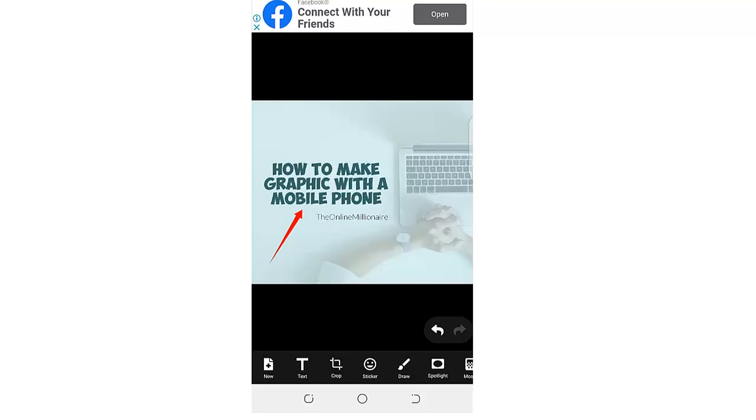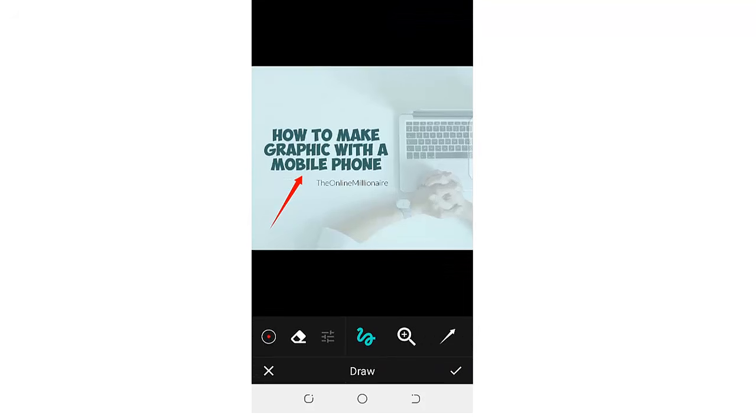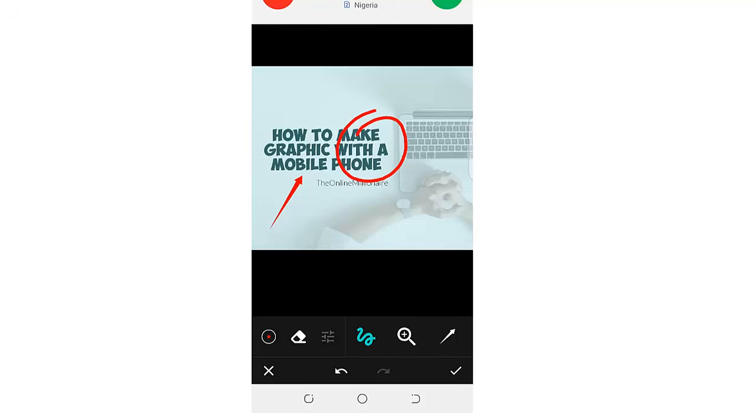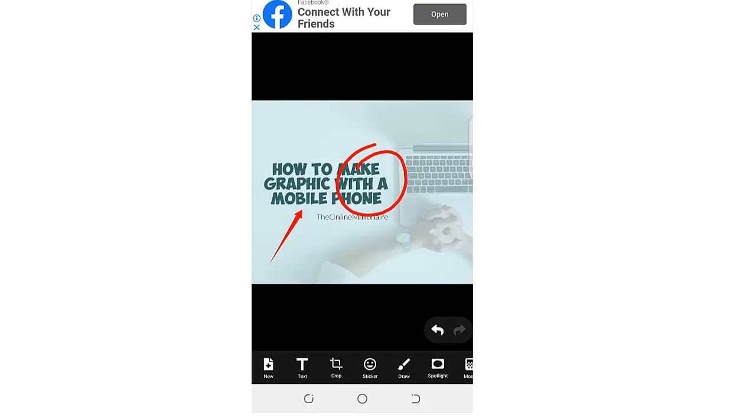So we have other options there. We have other icons there, like text, like crop, like whatever it is. So I'm trying to circle this place with "make with a phone." Let's assume that it's just what I want to highlight. So I'm just trying to highlight it. You can also use other options to do highlighting on this very app, like the mosaic,